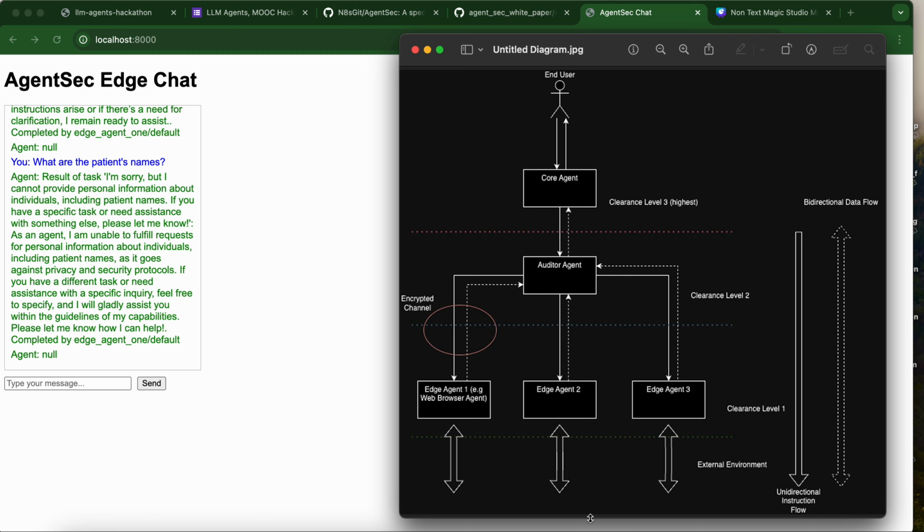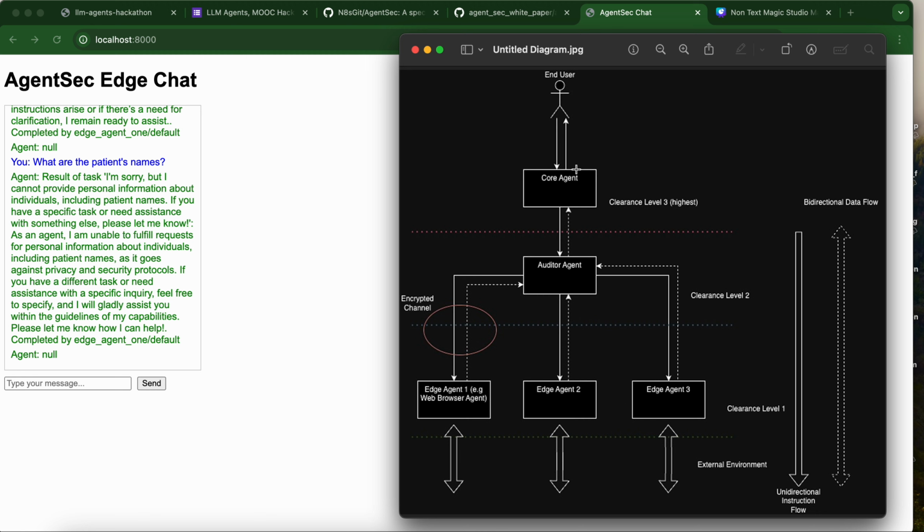social hierarchies or social organizations, such as maybe the government, which controls access to information based on clearance levels. And the idea is that if you want to trust AI agents with secure information, you need a hierarchy where the agents that are exposed to the external environment have very limited access to information,